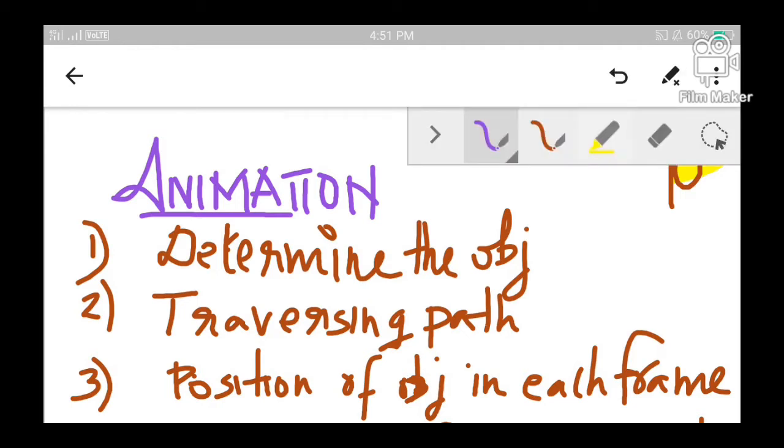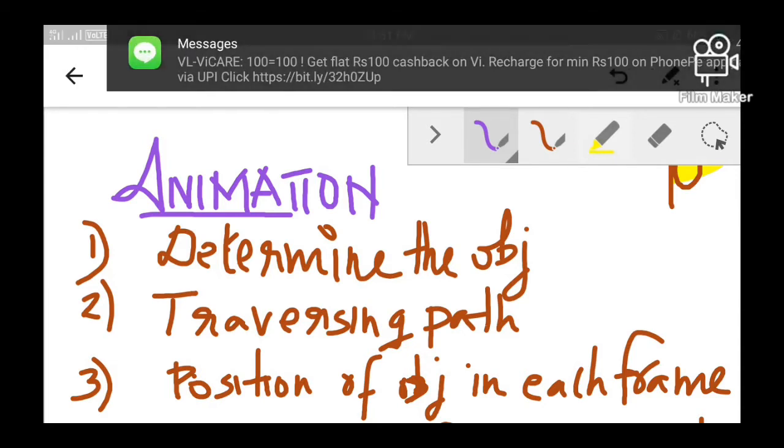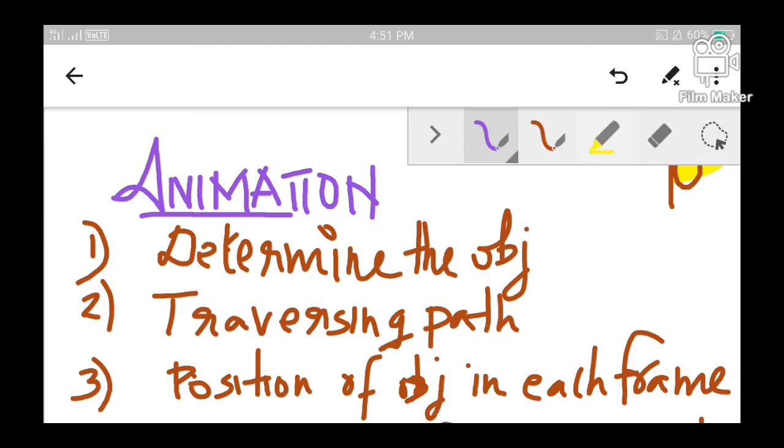So here let us animate the bouncing of a ball, where a ball is initially placed on the ground. From the ground the ball is bounced to a certain height upwards, and then after a while the ball again comes down and touches the ground. So we are going to animate typically the bouncing of a ball. What do we have to do first? We have to first identify the object, and we have identified the object as a ball.